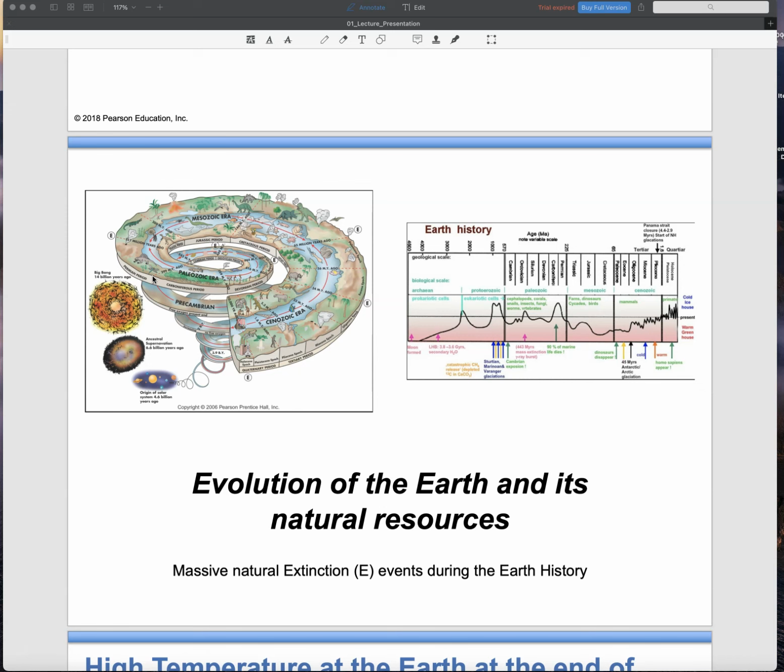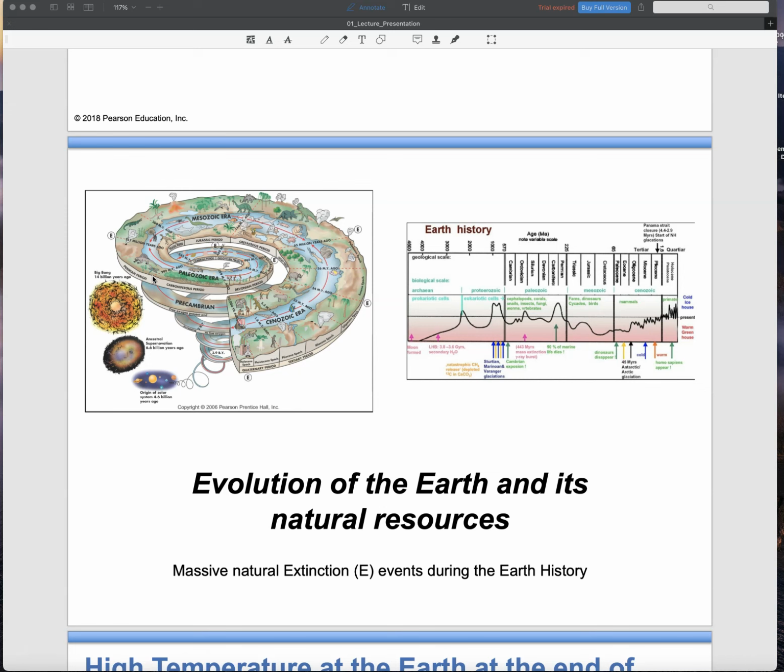So you can see that most of those resources have taken more than 250 million years to be created, evolve, and deposit in the subsoil of our planet. Okay, so it has been a very long period of time to have those reservoirs of hydrocarbons that we have today. And that's why, first of all, it's very valuable,